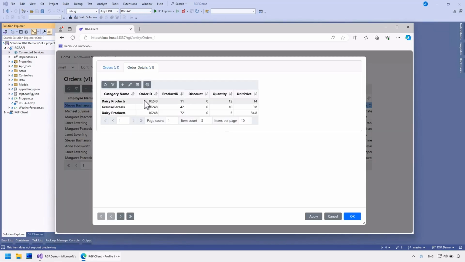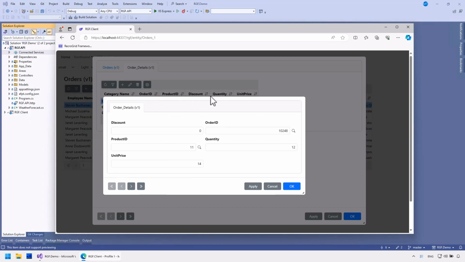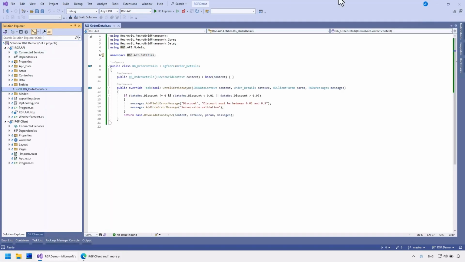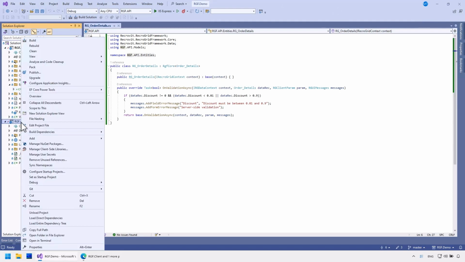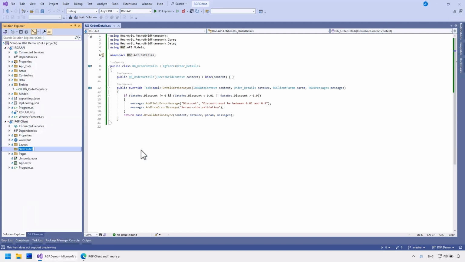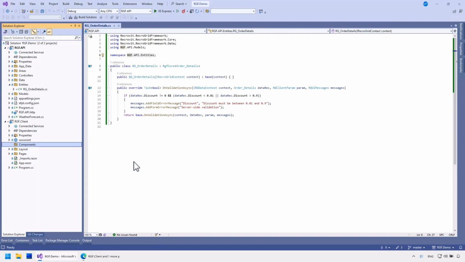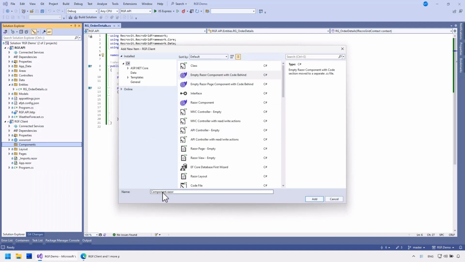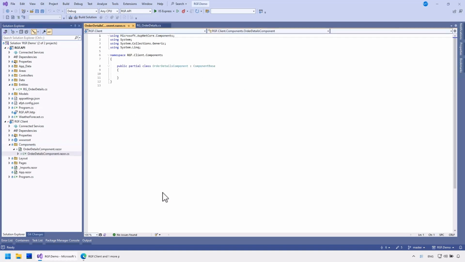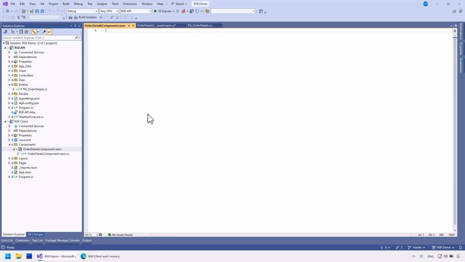Now, let's finally start validating the order detail discount field. I'll add a new directory to the client project where I'll place the components. I'll add a new component named order details. Here, I'll add an entity component, which is included in the RGF UI package.